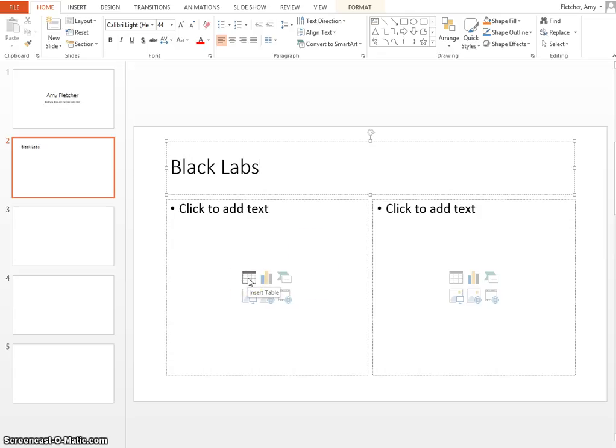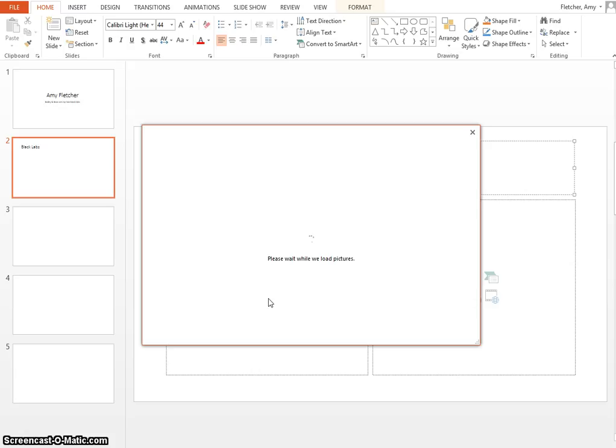Well, right here, that's insert a table. This is insert a chart. This is insert a smart art graphic. This is insert a picture. Might do that. This is insert an online picture, which is different than a picture. A picture is one that I have saved in my pictures folder. An online picture is I need to go on the internet and get one, and then insert a video. Okay, well, I don't have a picture of Bailey or Boaz, so I'm going to go to an online picture,